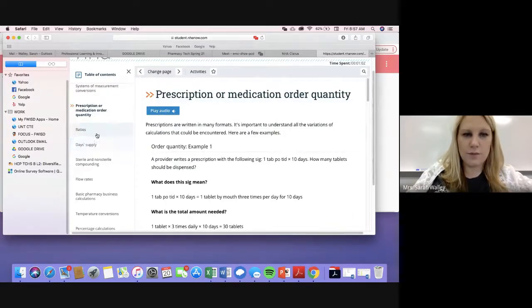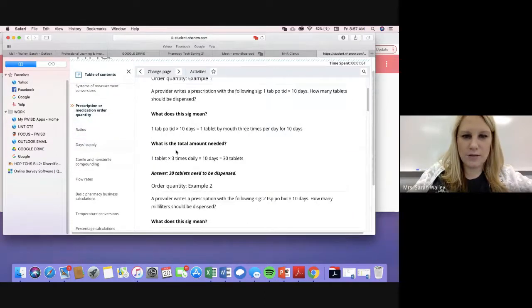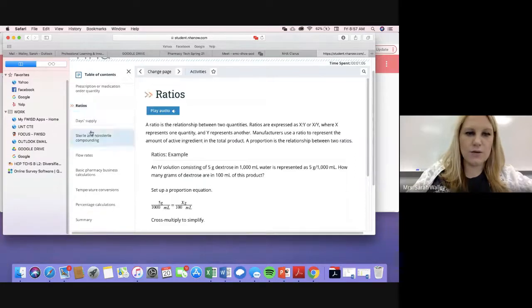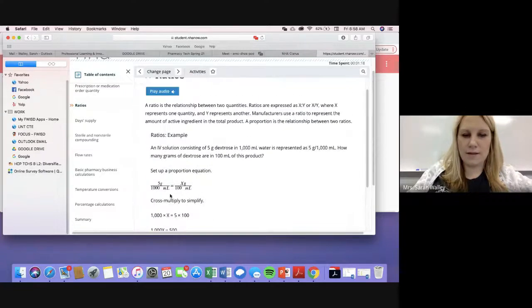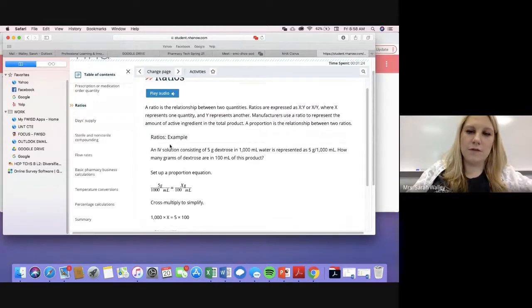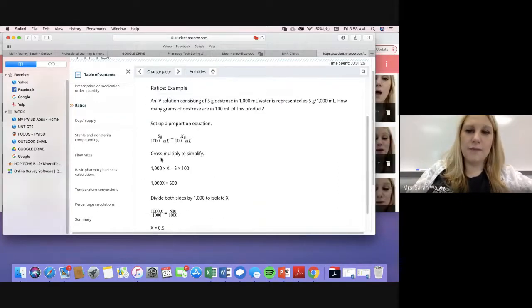You're going to go through some practice questions. They're going to ask you some things about ratios, how to set up a proportion. Like I said, this is really important. This is probably at least 50% of everything you need to know about pharmacy math: setting up proportions. Some of it's really easy, you could probably do it in your head, but they give you